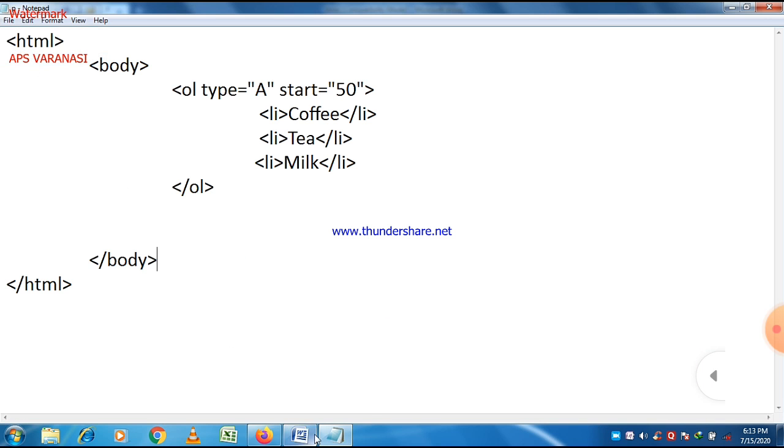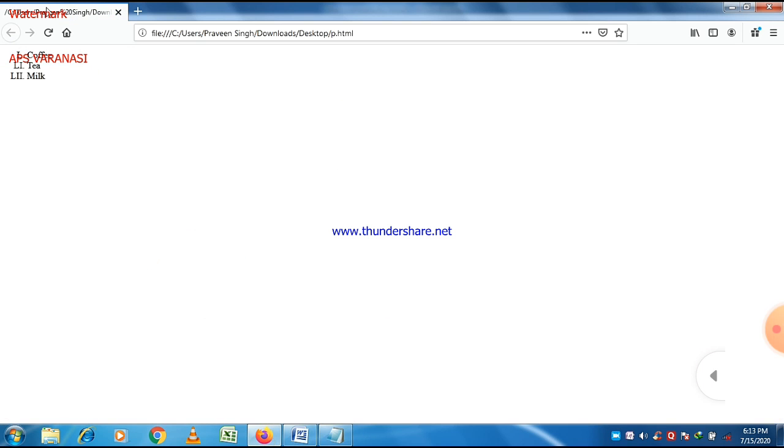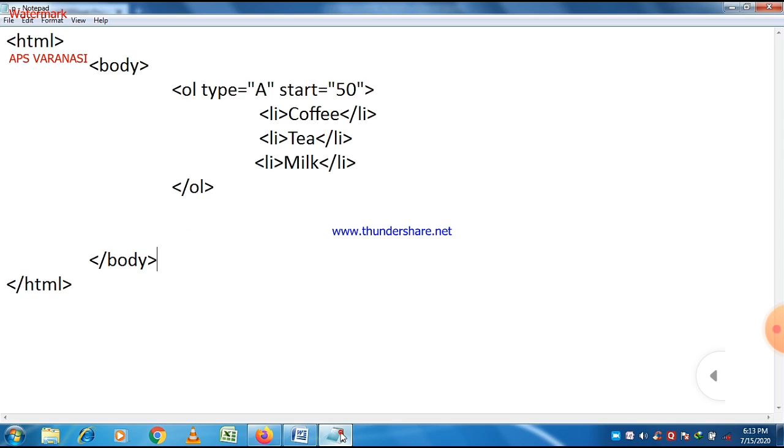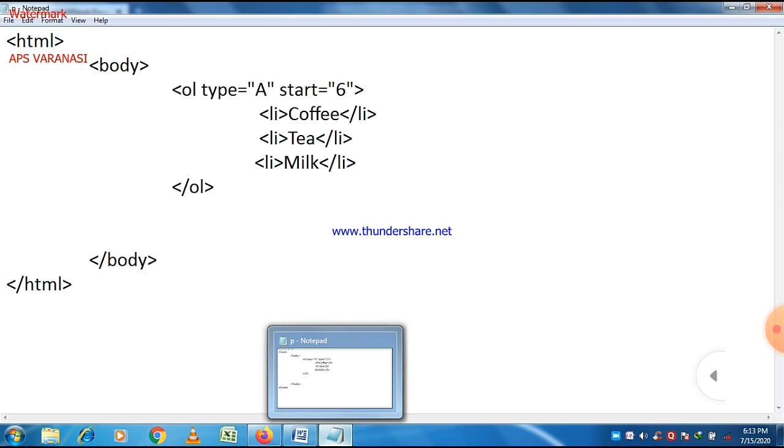Is there any error, or will it show something? After counting from A to Z is done, it starts again from AA, AB, something like that. To check this, just write type A and then start 6. So the sixth character of the alphabet will be printed here, and this is F. So F will be printed. Let us check it.